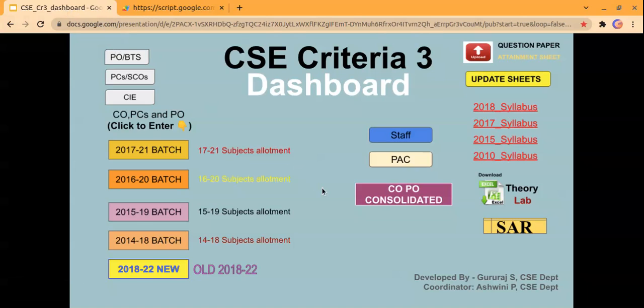For the people who are working in criteria 3, it is a very huge task to get the data, to have all the numbers in correct form, and to work on that. This may not be the end of what I'm speaking. I just spoke about my application, how it works. But there are many things related to criteria 3 which need to be explored.